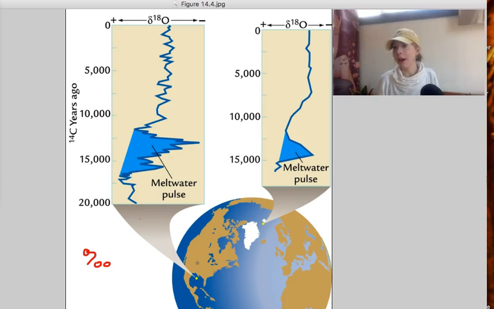And so the little forams living in the ocean are incorporating this into their shell material, and when they die and deposit themselves onto the sea floor, these oxygen isotopes get preserved in the sediment